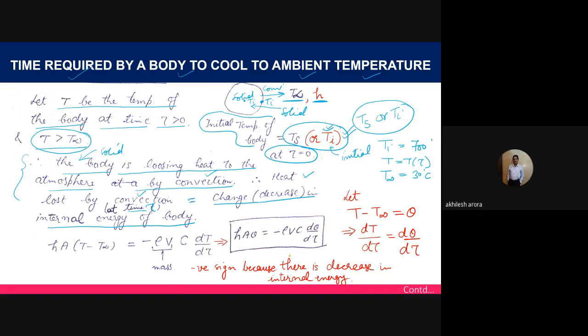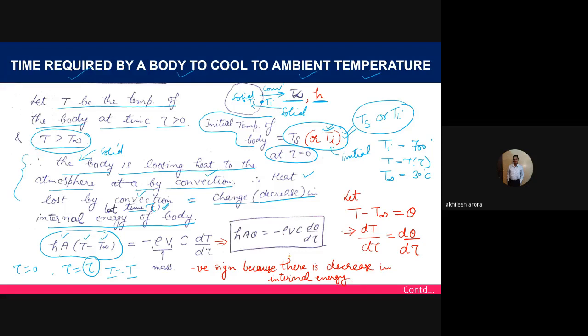So we are considering this particular loss of heat by the body at time tau. It is not the initial time actually. So the body started losing heat when tau was equal to 0, and now the time is equal to tau. Okay, so I am considering this particular tau after the start of the process of cooling. So then I am considering the heat lost due to convection, which will be given by, at any instant tau is equal to tau, temperature is equal to T, h A (T minus T infinity).